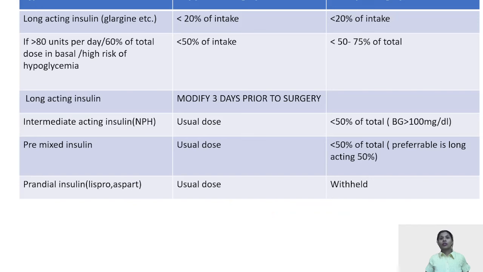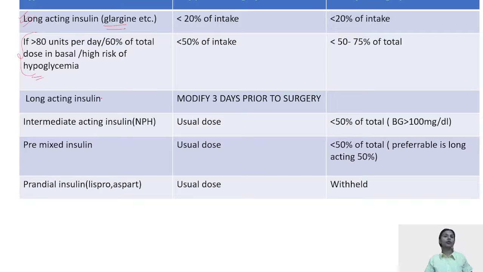Now coming over to the insulin. What dose of insulin has to be given a day prior to surgery and on the day of the surgery? There are 4 types of insulin that the patient can generally be on. The first is the basal insulin, the long-acting insulin like Glargine. A day prior to surgery, you have to decrease the dose by 20%. And on the day of the surgery also, the dose has to be decreased by 20%. But with exceptions,